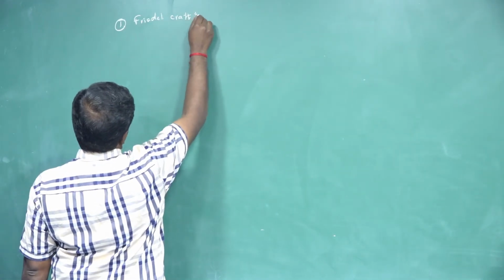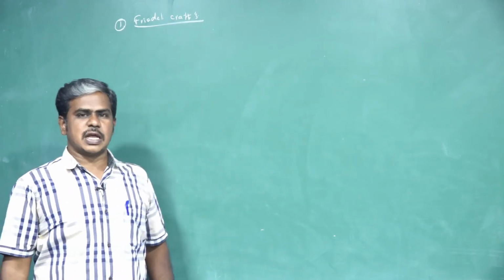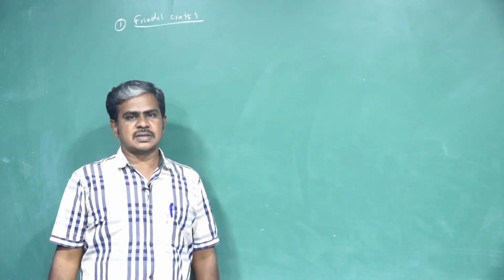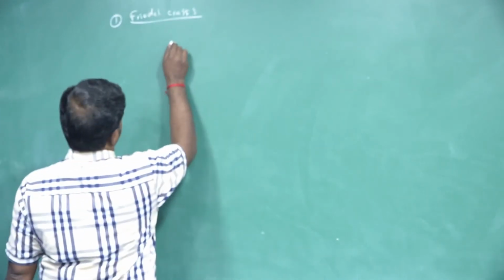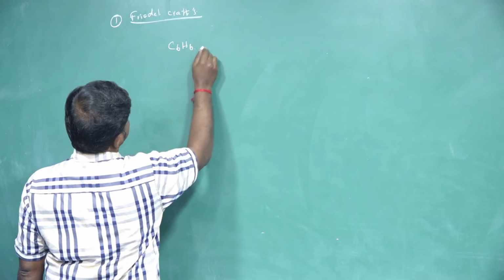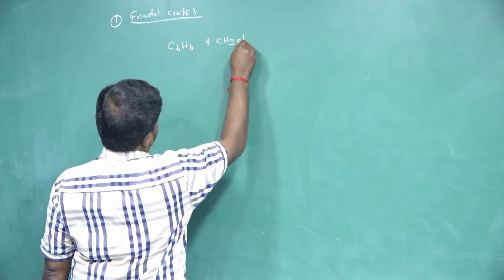So, Friedel-Crafts reaction we have taken. What is that Friedel-Crafts reaction? There are 3 types of Friedel-Crafts: Friedel-Crafts methylation, Friedel-Crafts acetylation and Friedel-Crafts benzoylation. And here we are using benzene. When benzene is treated with methyl chloride